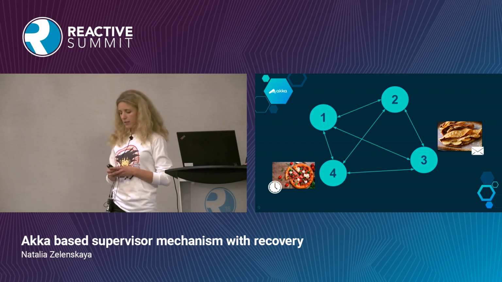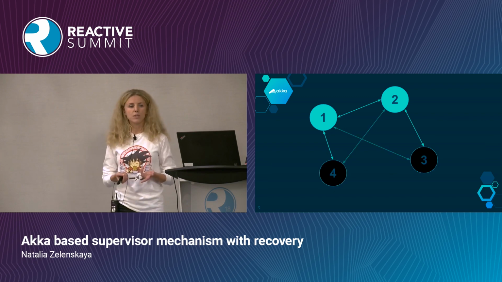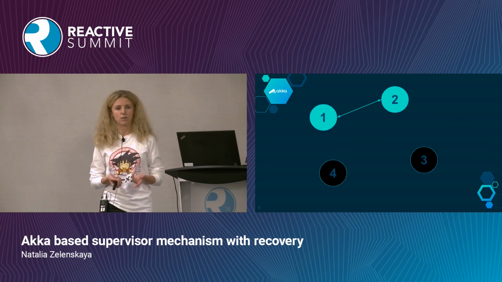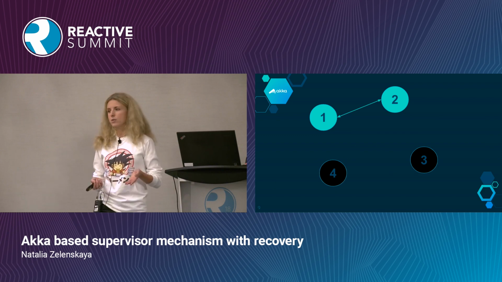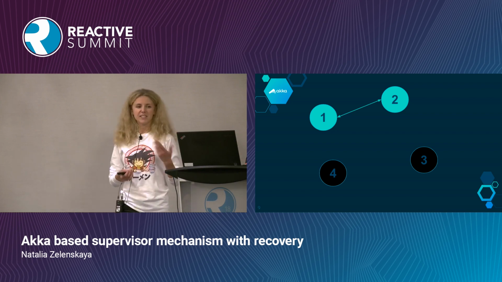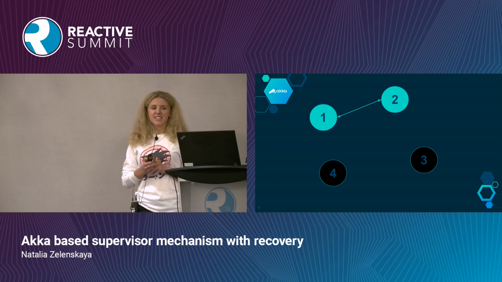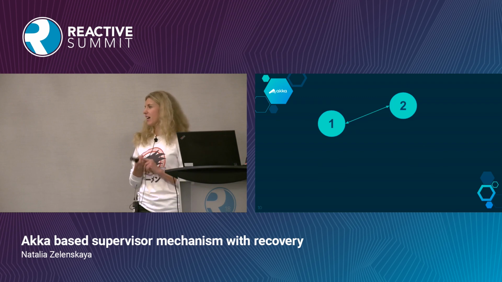So what if both of these nodes suddenly go down? We're going to lose our in-memory state that was located on node number 4, and we're going to interrupt our communication with the restaurant, which was happening on node number 3. So imagine a friendly guy who will not get his crepes tonight. Not cool. So these crepes and this pizza are of high priority for our business.